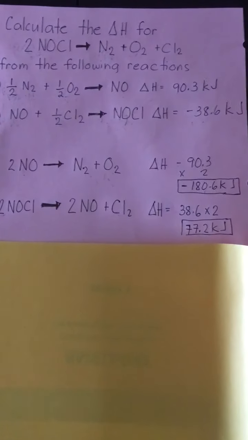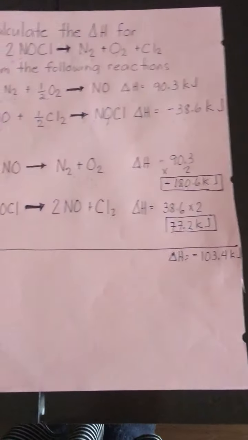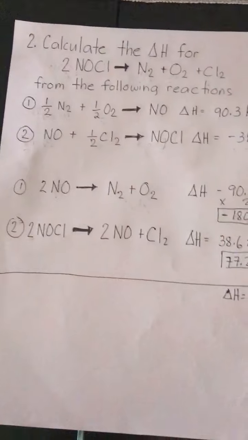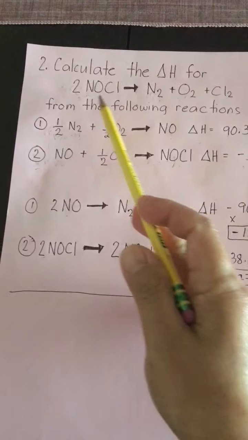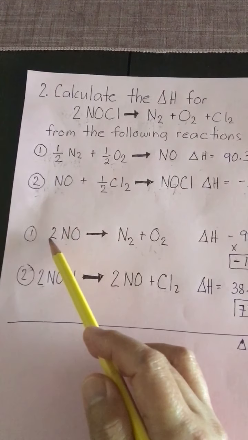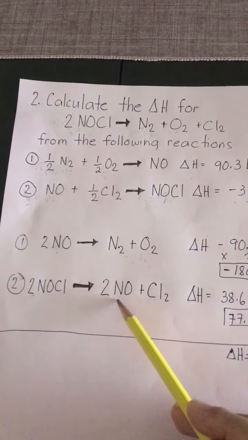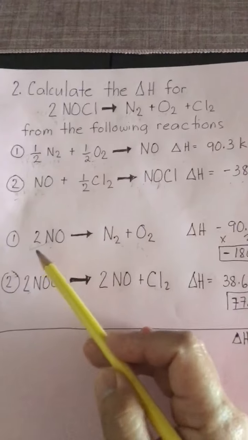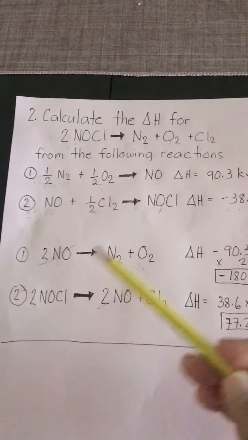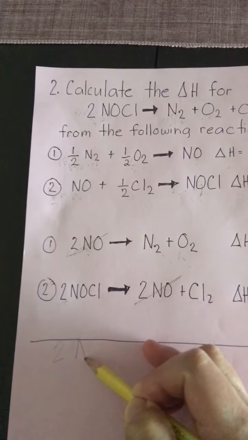So our total delta H is simply to add the two delta H's here. We would get negative 103.4 kilojoules. But how are we going to find the desired equation here? Finally, we have to make sure that this appears at the bottom. The first thing is we have to look at the ones that are the same on opposite sides. So here, for example, I have 2NO in the reactant, and I have a 2NO on the product side, so that would cancel. Anything that is the same but found on opposite sides, you have to cancel. And then the rest, if they're not the same, you can simply bring it down. So here we have 2NOCl